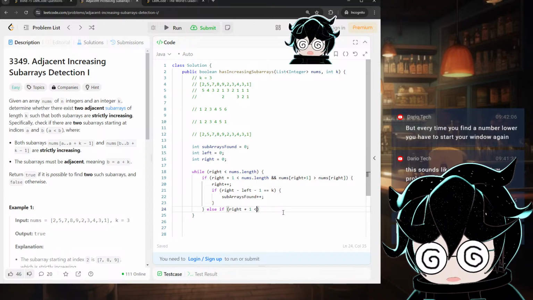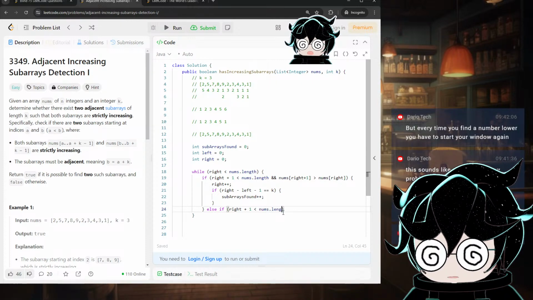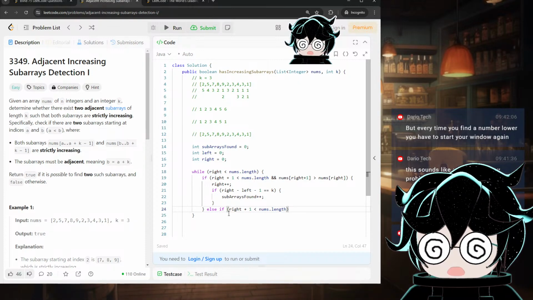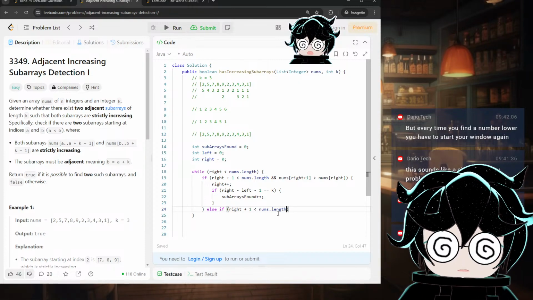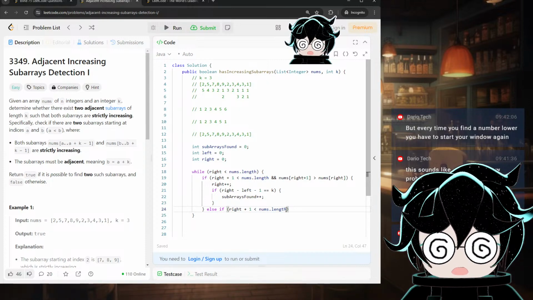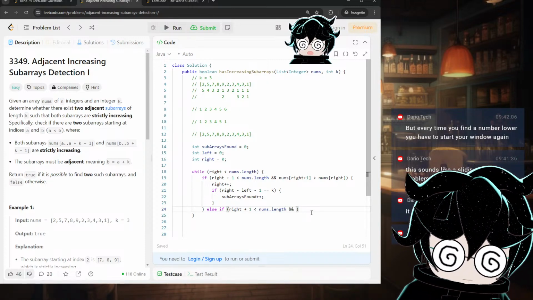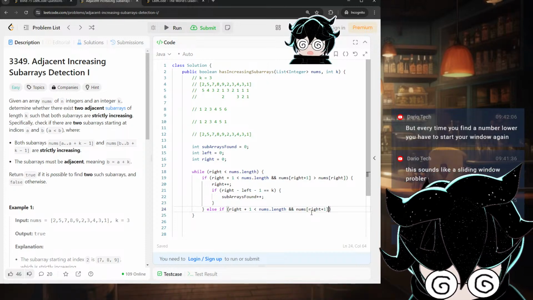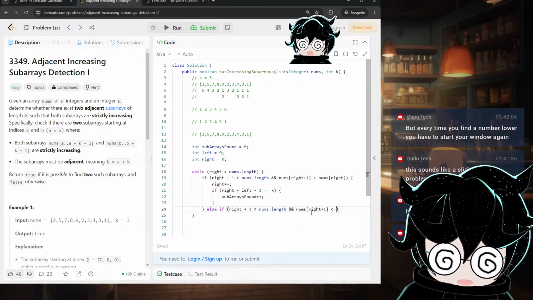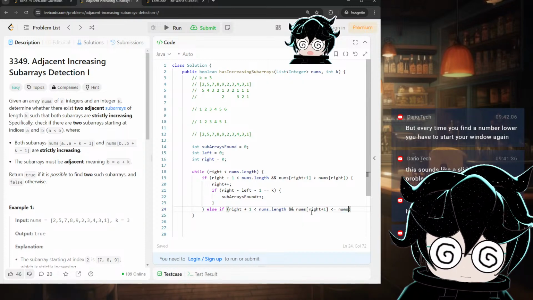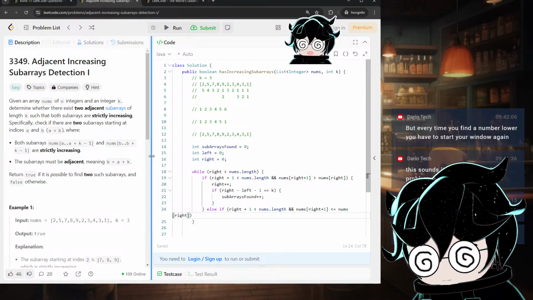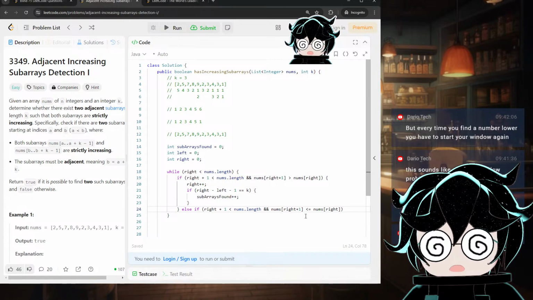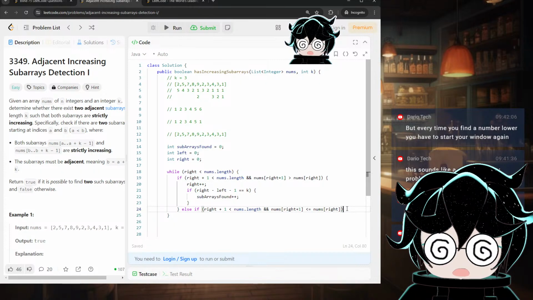Right plus 1 is less than nums dot length. So once again, if the next number is in bounds and nums right plus 1 happens to be less than or equal to nums right. So if the next number is in bounds and the next number is less than or equal to the current right,